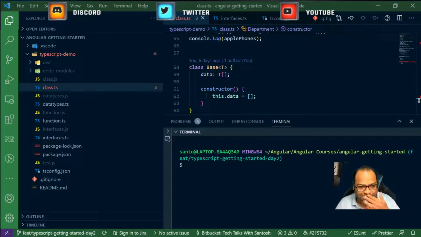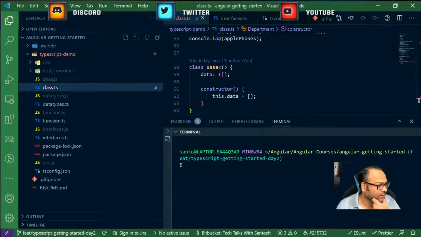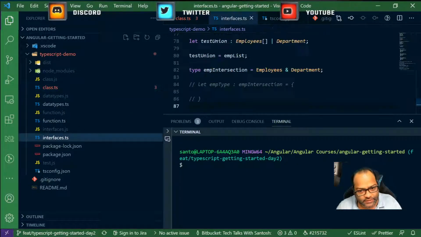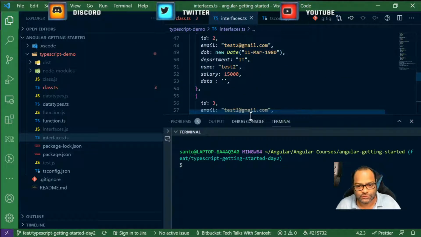So the first thing which I had to discuss was, of course, we discussed classes, interfaces, arrays, all other data types, right? But we didn't discuss objects, which is really important when you work on a large enterprise application, because we might have to actually handle the objects as well. So we created interfaces. Of course, this is what you are going to use most of the time.